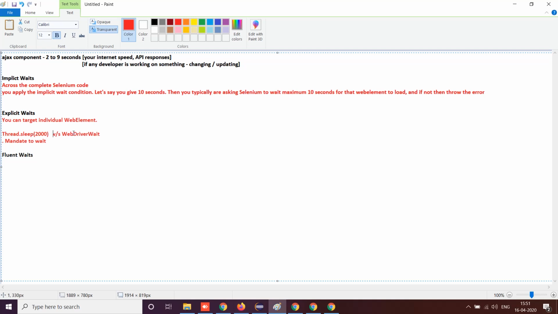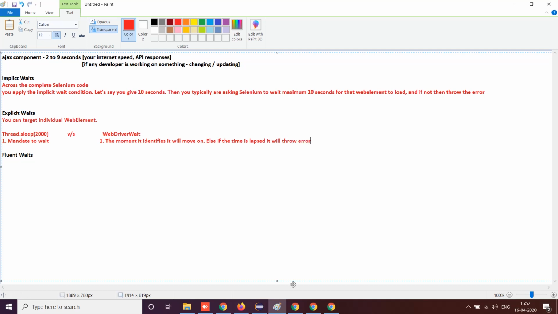Selenium is bound to wait for that much amount of time. It will have to. This is the first difference. And for WebDriverWait, the moment it identifies the element, it will move on. Else, if the time has lapsed, it will throw an error.